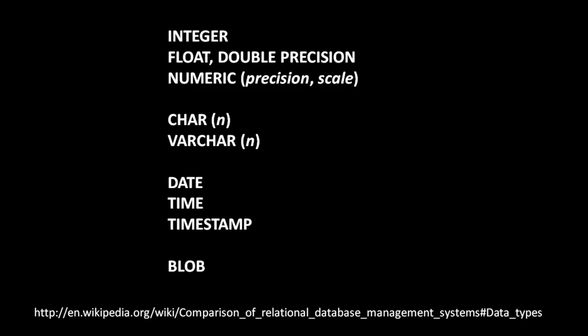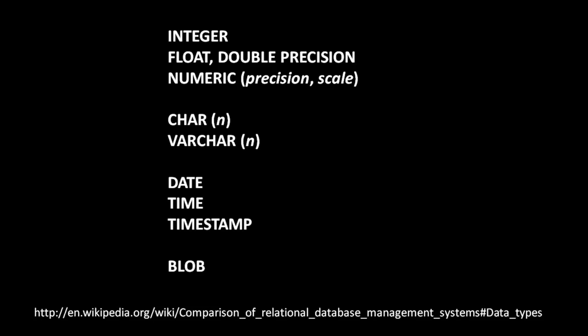How many zeros can you put at the end? For text data, SQL databases usually have two types, one called char, the other called varchar. For both of these, we specify in parentheses a number n, which is the maximum number of characters. The difference being that in a char, each value always takes up that full n number of characters, whereas in a varchar, the database may actually truncate by its own discretion. It may actually store the data with fewer than n number of characters if the data doesn't need the full